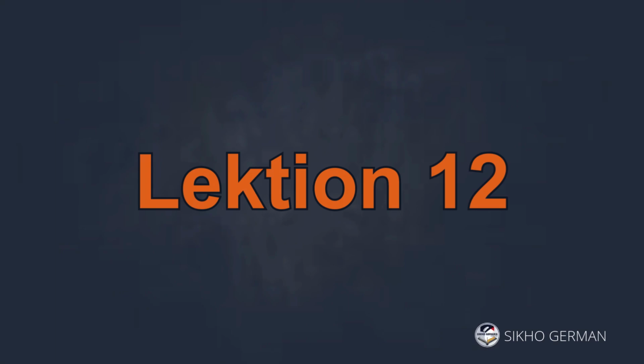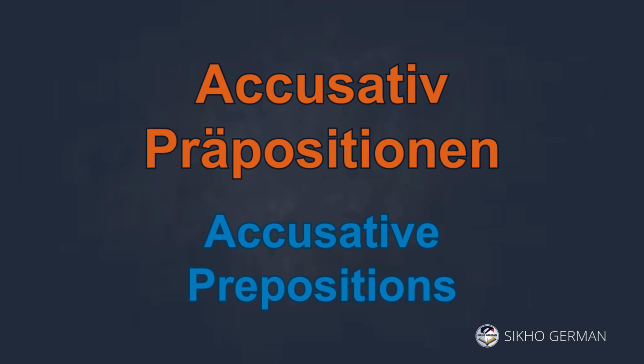We're continuing our journey through the accusative case. You've already learned how the accusative case works with direct objects. And today we're going to learn about Akkusativ Präpositionen, accusative prepositions. These are words that automatically trigger the accusative case for any noun or pronoun that follows them. Once you memorize these 7 key prepositions, you'll always know when to use accusative.